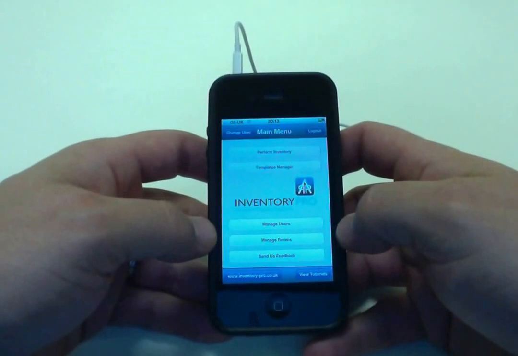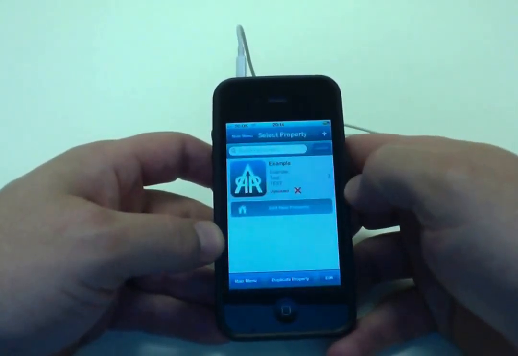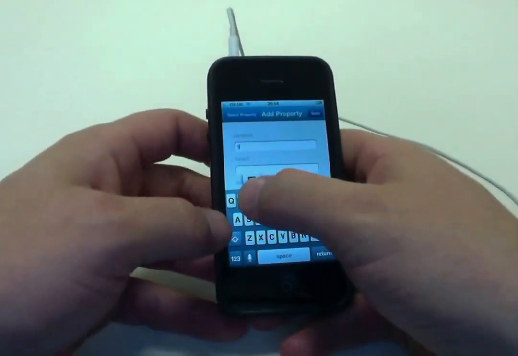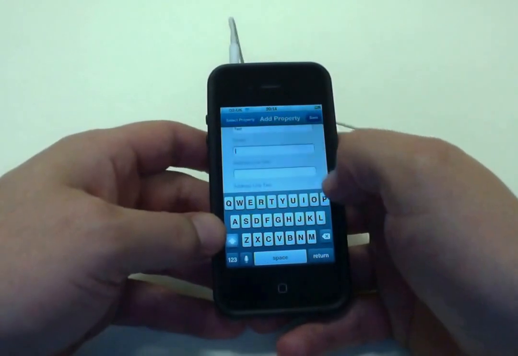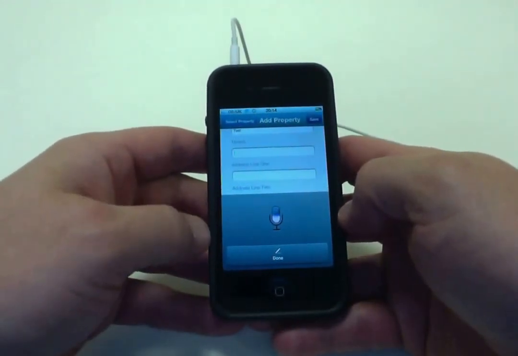So first we're going to show you how to add a property. You would simply go to Perform an Inventory. You would add the new information. Here we're going to use Siri, test,